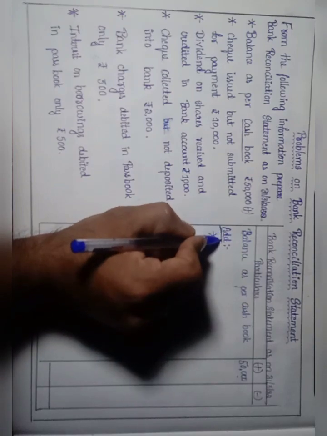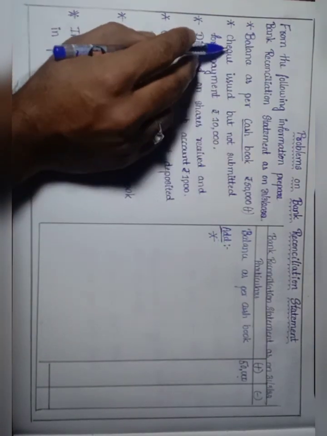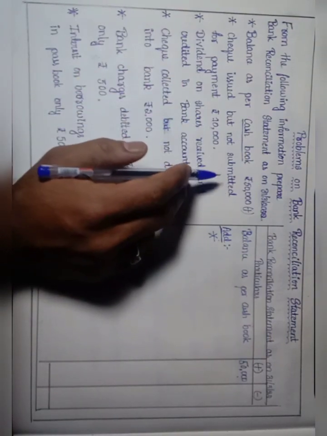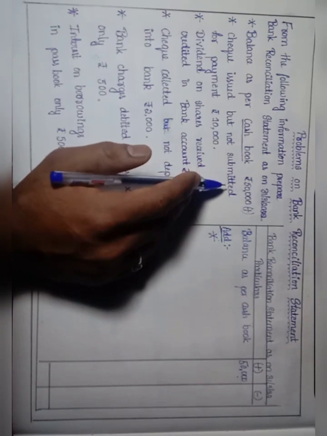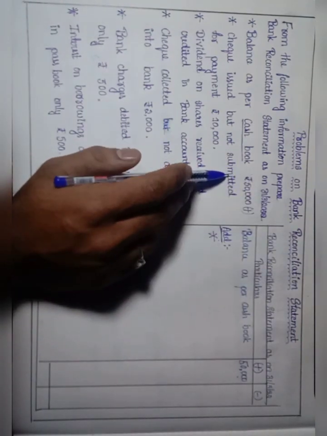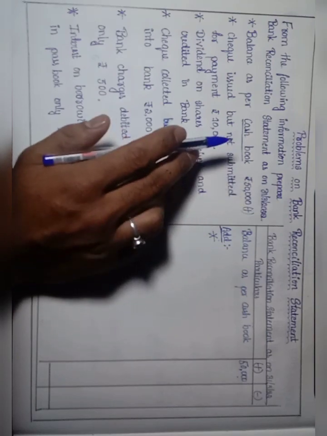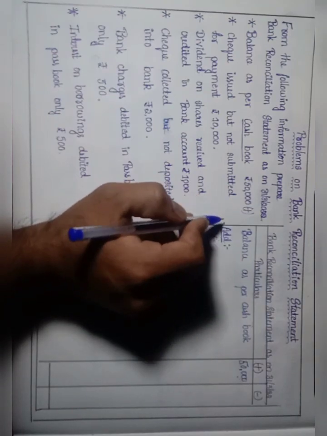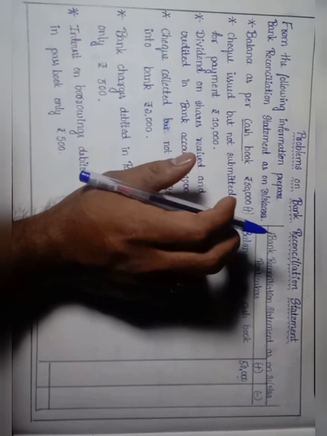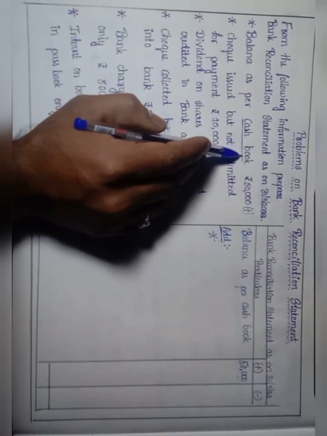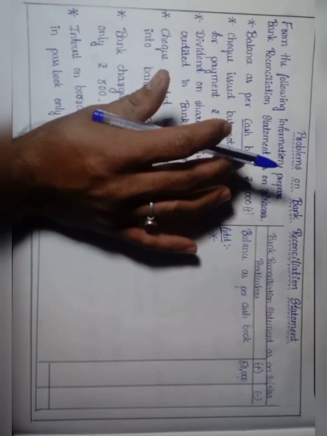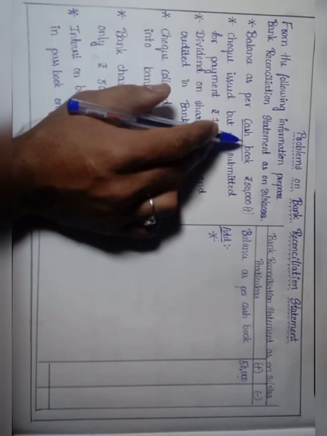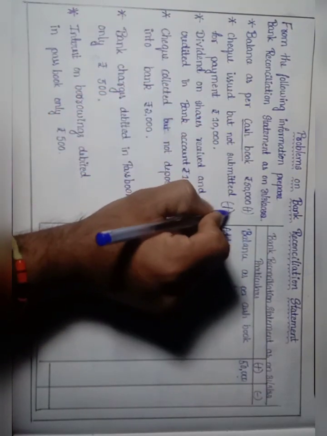Then let us take certain items which can be added here. First one, check issued but not submitted for payment. In the two column cash book, we have issued a check and immediately taken it under payments as amount paid, but our supplier has not submitted that check to the bank for getting the amount, which means in the bank there is no impact, the amount is not decreased, but in our cash book the amount is decreased. They have given here the balance as per cash book, so we need to alter the cash book. In the passbook we have the correct amount, in the cash book we need to alter, which means in the cash book it is already decreased, now we need to add it up.